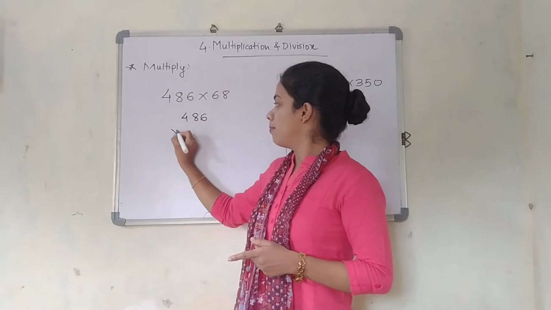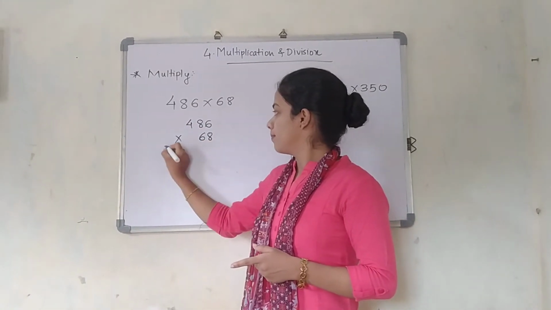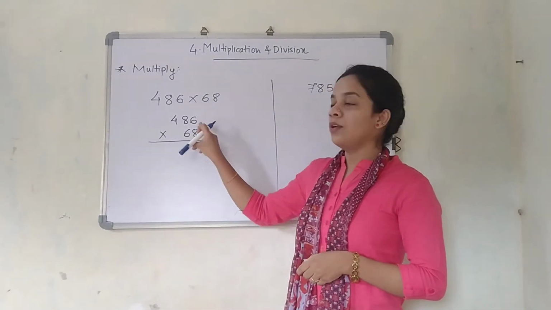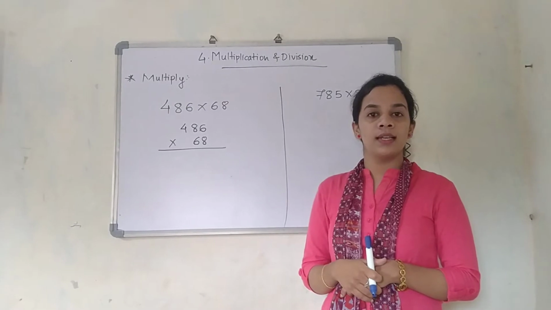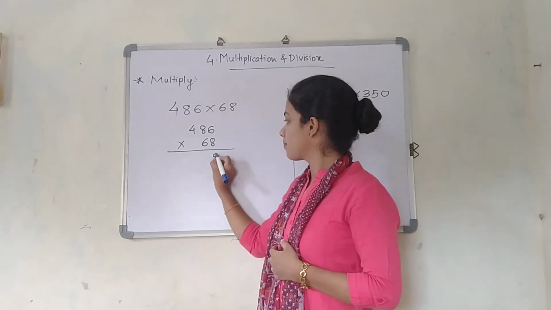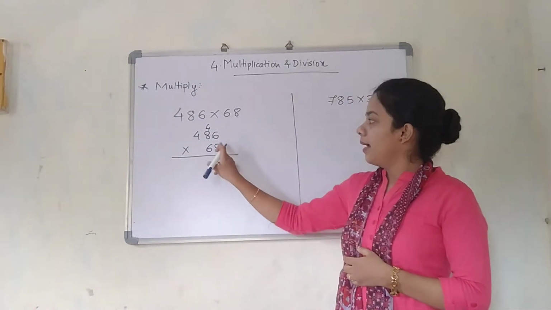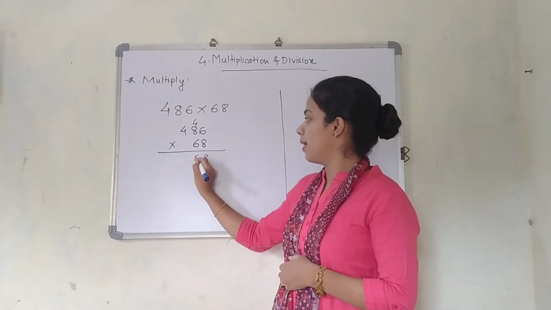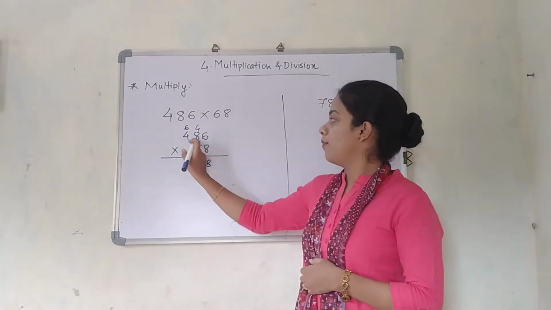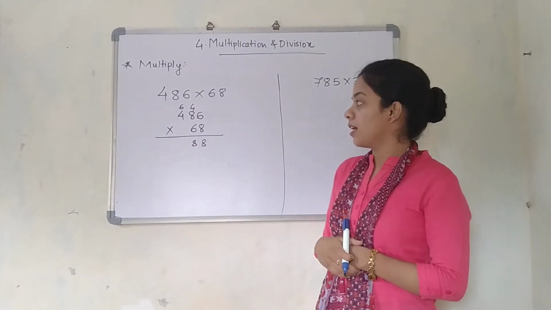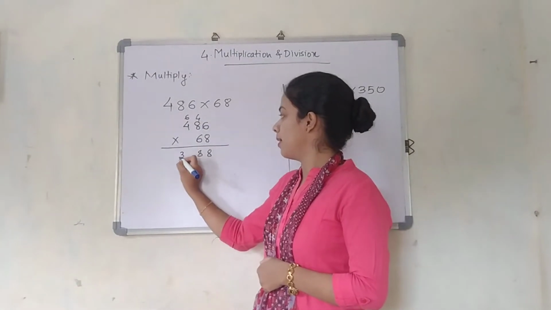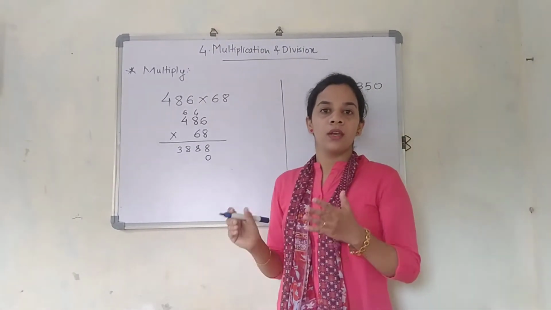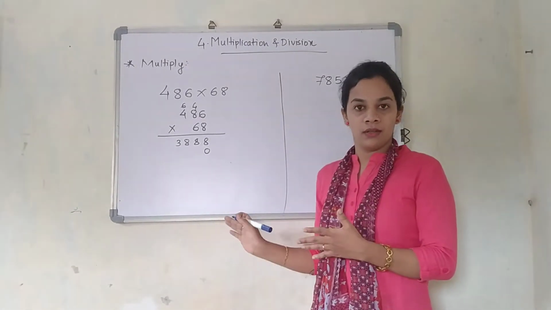So just see how I am going to write it. 486 I will write over here, multiplied by 68. You are just going to tell me what will be the answers, okay? 8 into 6, 8 6s are how much? Yes, it is 48. 8 8s are, yes, it is 64. 64 plus 4, 68. 8 4s are 32, and 32 plus 6 is 38. Okay, so now I'll write 0 over here. I hope you are knowing this. If not, just revise here, just see here the board.